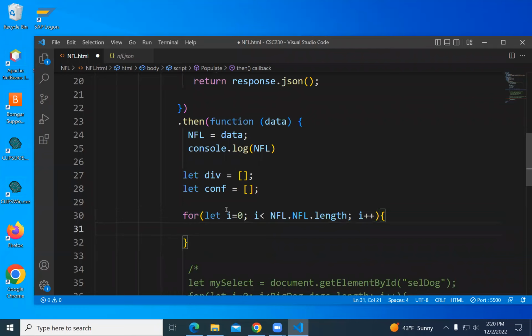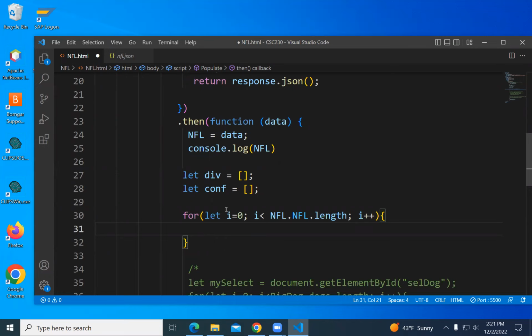Okay. And so I have an array for the division. I want to loop through my NFL.NFL objects, and they have a division property. I want to know, is the division of the ith team in my array of divisions?